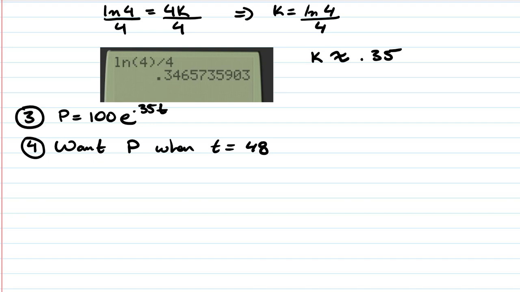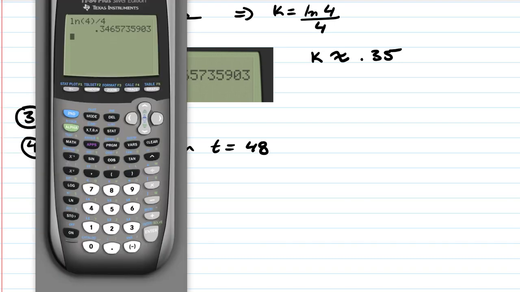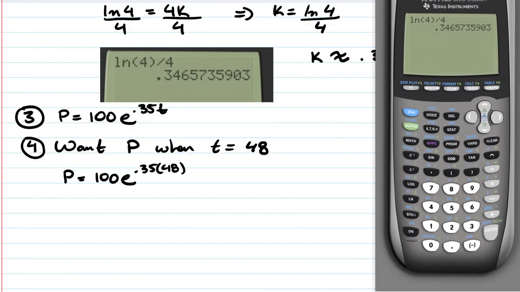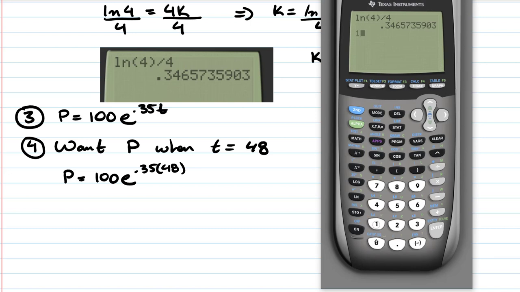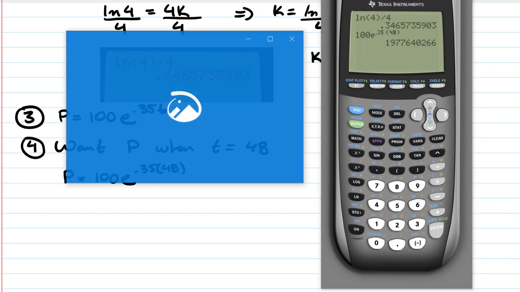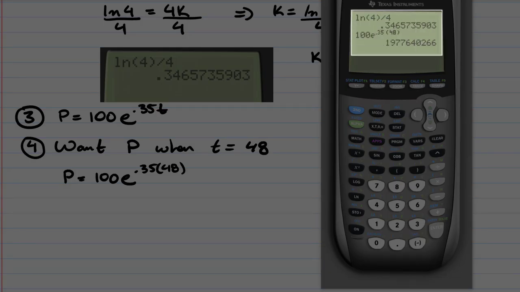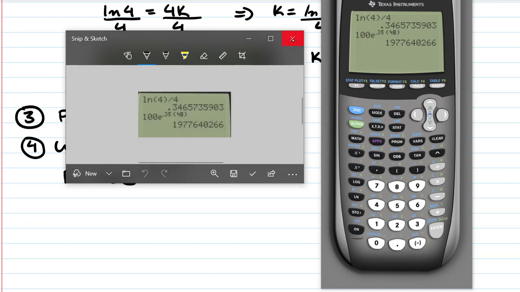So then that is P equals 100 e to the 0.35 times 48. So then I put that into my calculator, 100 e to the 0.35 times 48, and I press enter, and I get this number, and I'm like, yay! So I take this and I type it in,